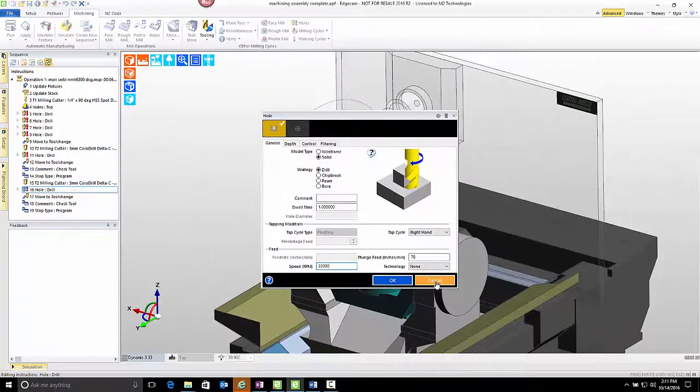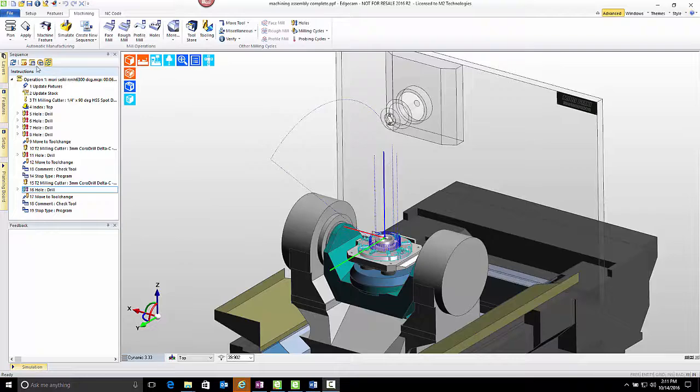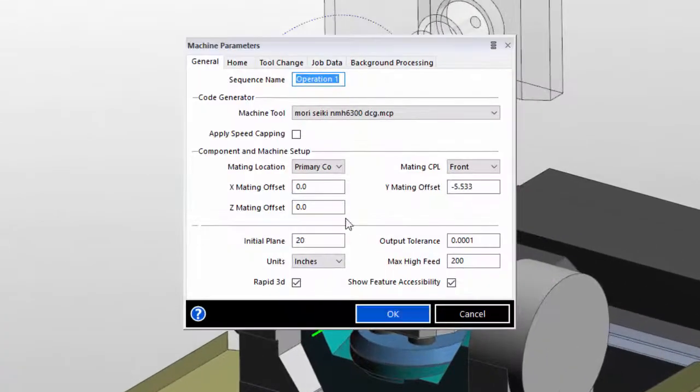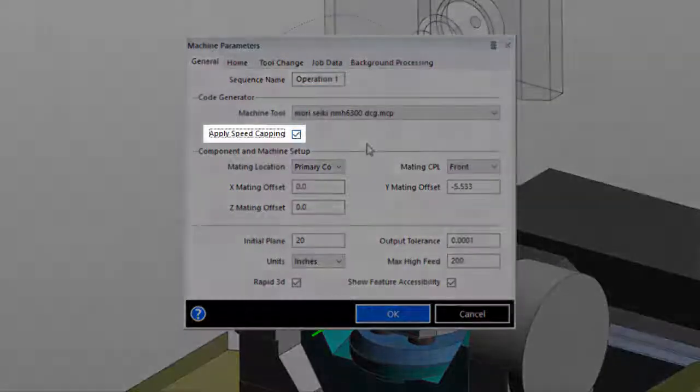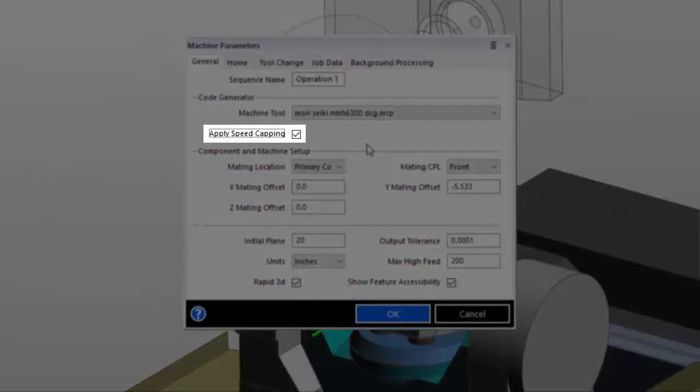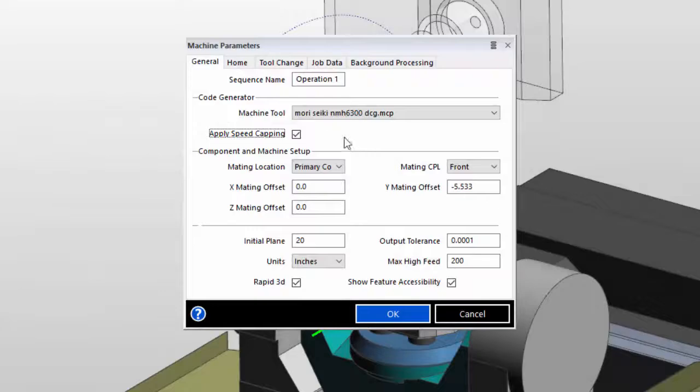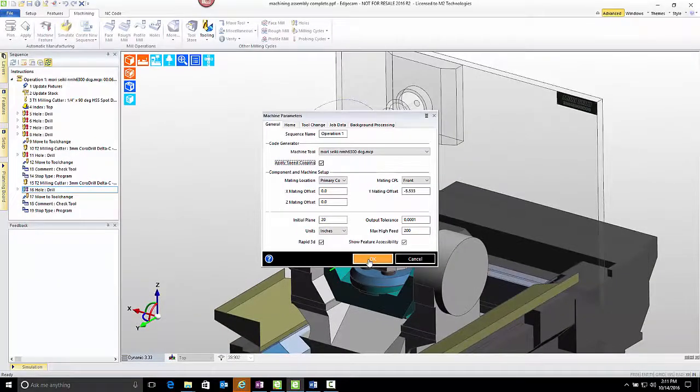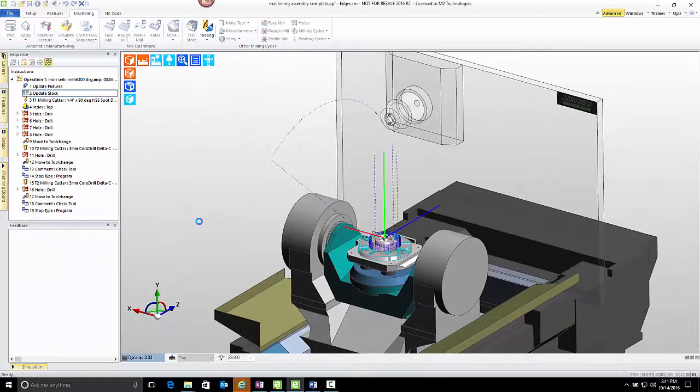capabilities. Since the machine capabilities are input into the post-processor, let's see how the apply speed capping option can keep speeds and feeds within the machine range limits. As a side note, by default, the apply speed capping option is turned on in any sequence created. When I press OK, Edgecam is going to rebuild the tool path, and we'll notice some notes come up